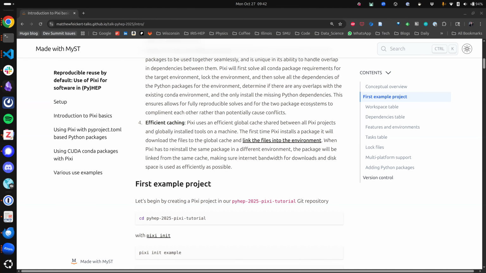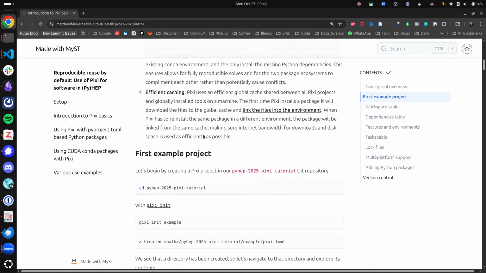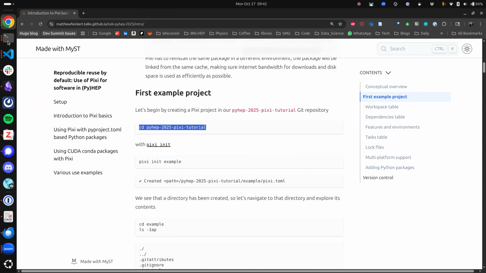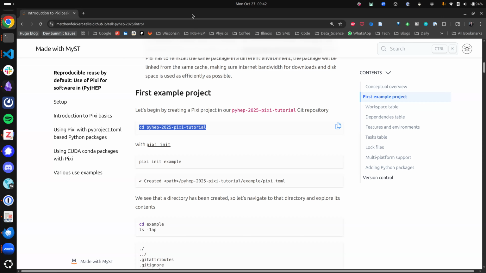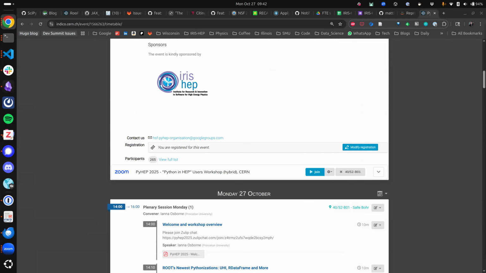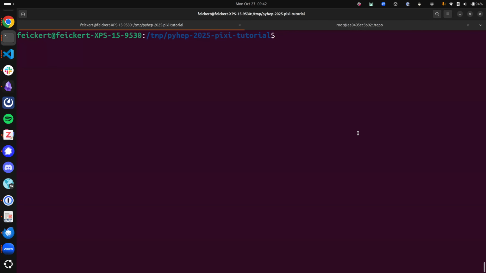Let's go into our example directory. So I'm here now, but then I'll get this out of the way so it's a little bit easier to follow along with me. Okay, so the very first thing we want to do is initialize